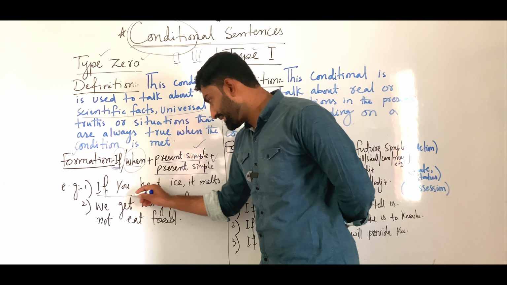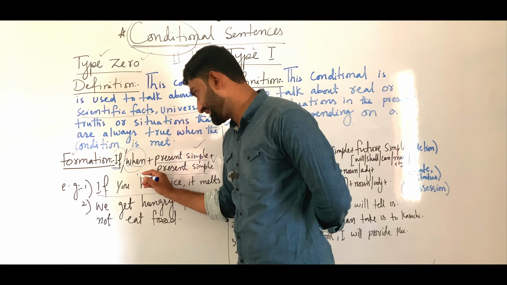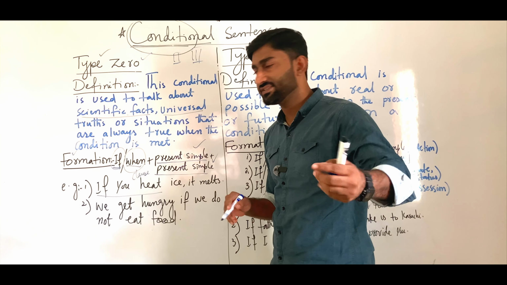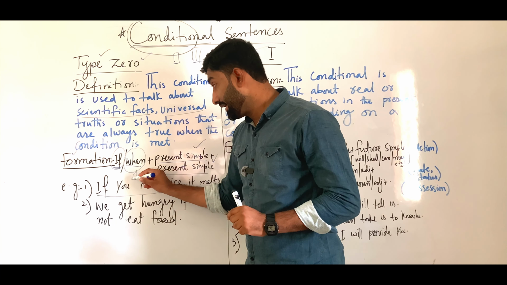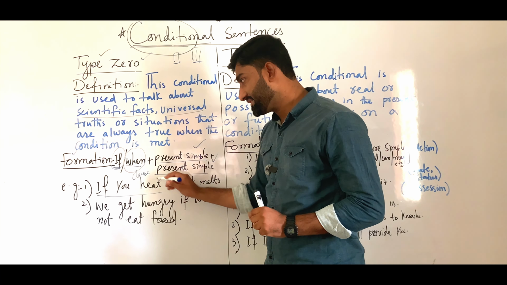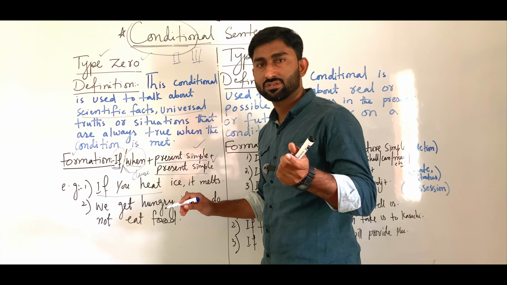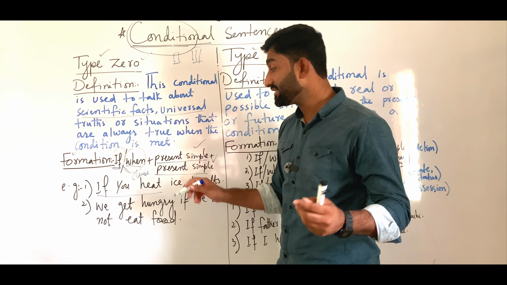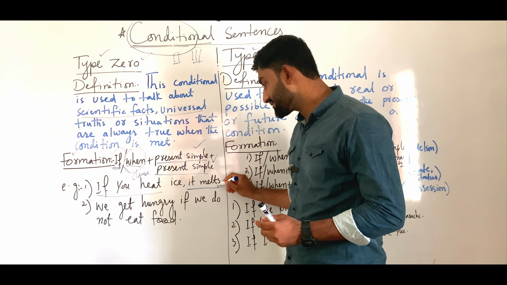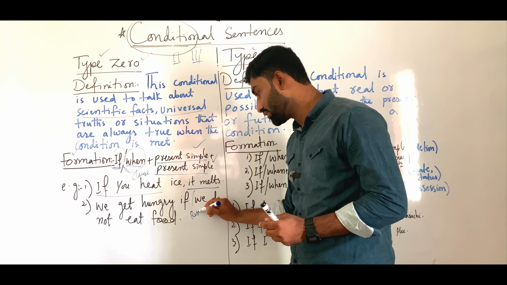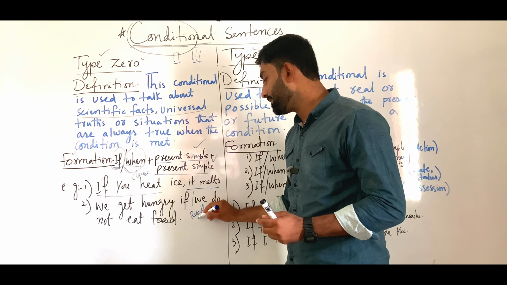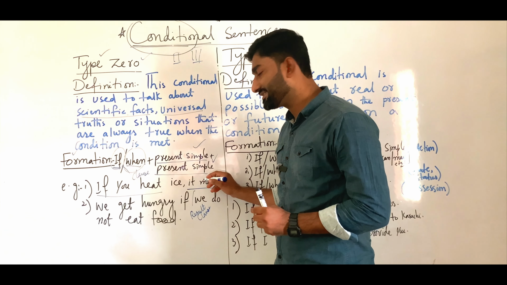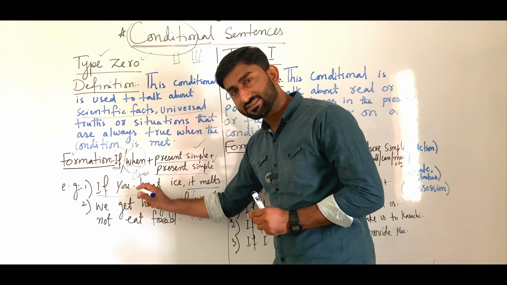ये जो वाला स्टूडेंट्स पार्ट है इसको हम बोलते हैं if clause, ठीक है. If you have idea about clauses तो आपको शायद समझ आ रहा होगा अच्छे से कि what I am talking about. इस वाले पार्ट को हम कहते हैं if clause, या हम इसे कहते हैं condition clause, क्योंकि ये वाला जो clause है ये इफ यानी कंडीशन की बात करता है, शर्त की बात करता है। एंड दिस पार्ट इज कॉल्ड द रिजल्ट क्लॉज, इसको हम रिजल्ट क्लॉज भी बोलते हैं और इसको जो है हम मेन क्लॉज भी बोलते हैं, क्योंकि दिस इज मेन इंडिपेंडेंट एंड ऑल्सो इट इज द रिजल्ट क्लॉज।